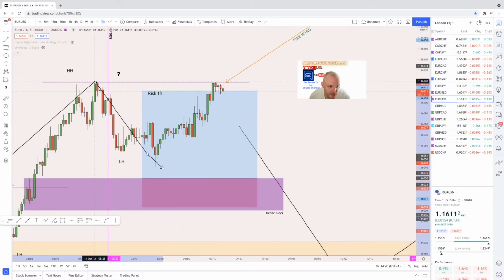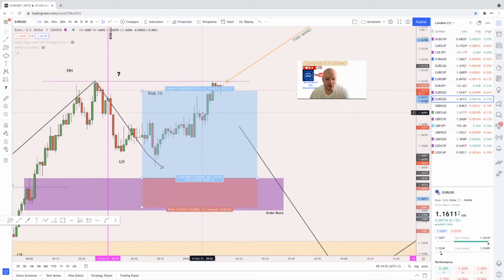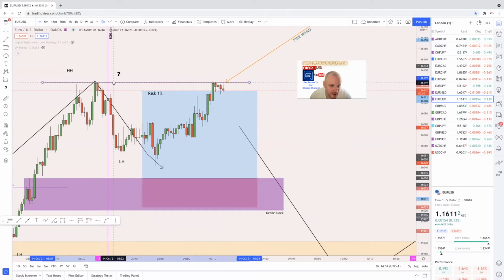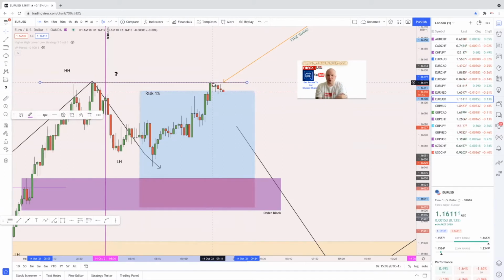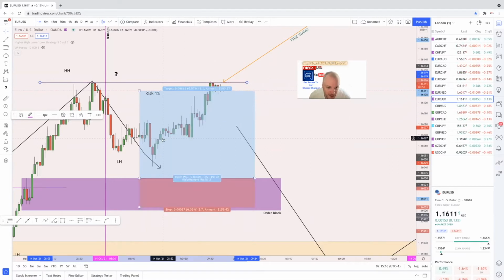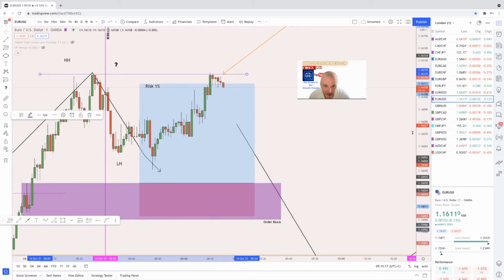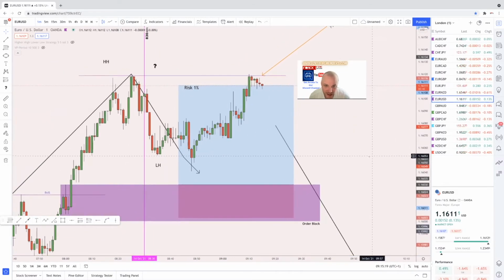from this sort of area here, then we would not wait for this. And if you look at this in fairness, you can see that's where the pip is. We've just had a break, but I wouldn't really class that as a proper full breakout, even though it's took liquidity there. It's a little bit too risky for me. I mean, we could set the new order from here, to be honest, but again, for me, that may be just a little bit too risky in fairness.